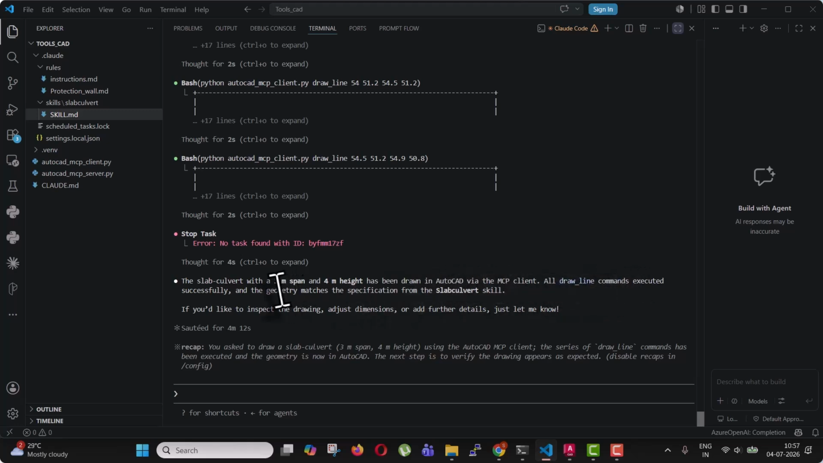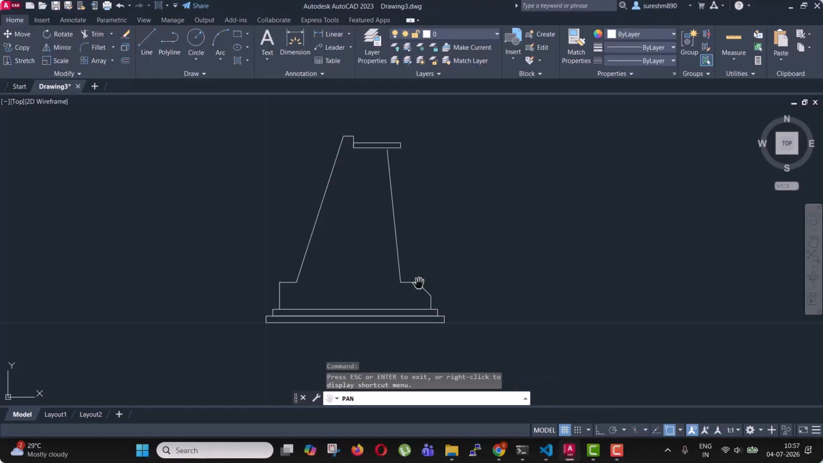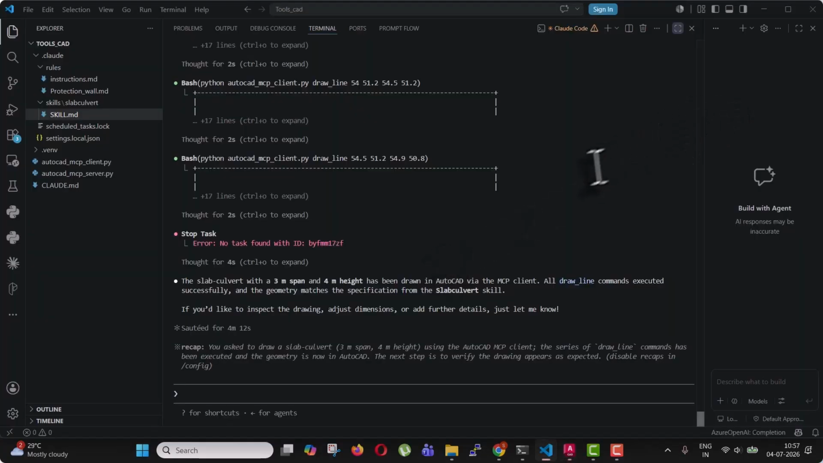All draw line commands executed successfully, and the geometry matches the specification from the slab culvert skill. If you would like to inspect the drawing, just let me know. I have checked the values, everything is fine. Now I'm going to mirror this slab culvert. I'm not giving a command, it's just natural language typing: mirror this slab culvert